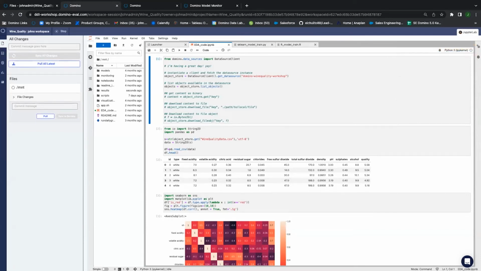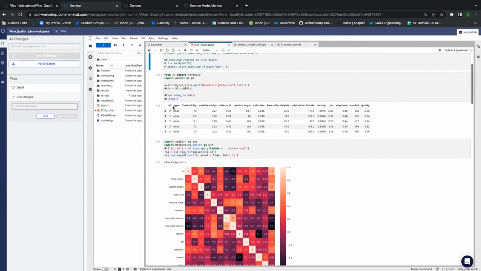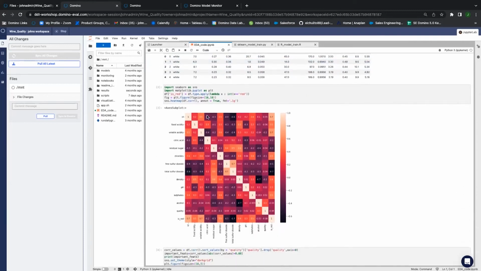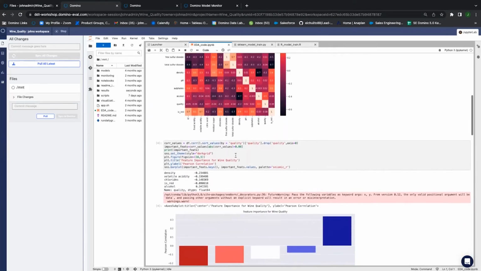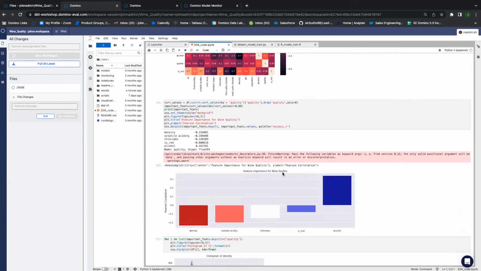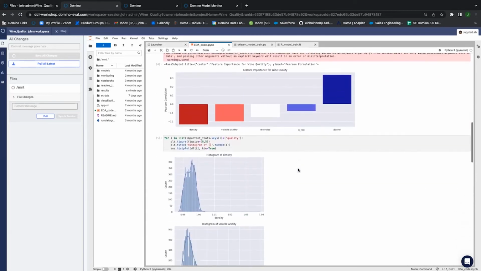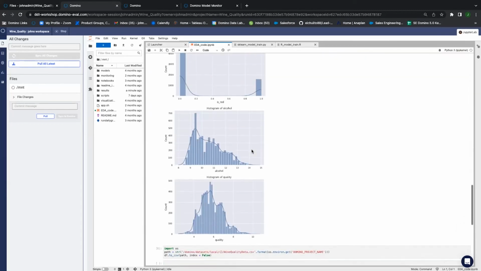Now in this case, I have a file opened up, it's a Jupyter Notebook. I'm doing some EDA for the wine quality. I'm looking at all my features because I want to run some analysis on them. You can see I have a few sets of features. I want to run real quick a heat map with respect to the correlation of each of those individual features, and then continue to run some more analysis. For example, run some Pearson correlation, determine which features are the most important for my wine quality project, and look at a quick histogram of some of these features and their distribution.